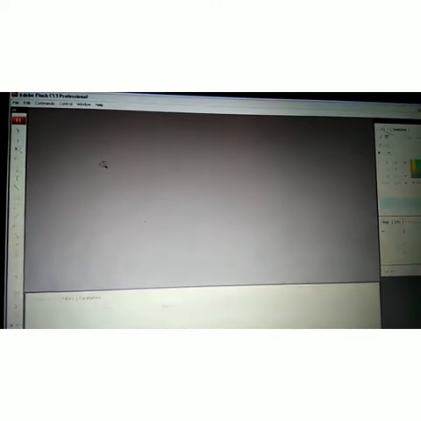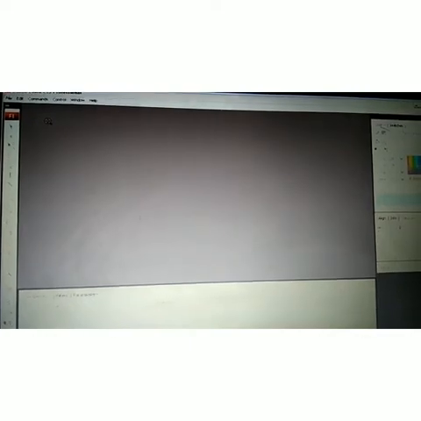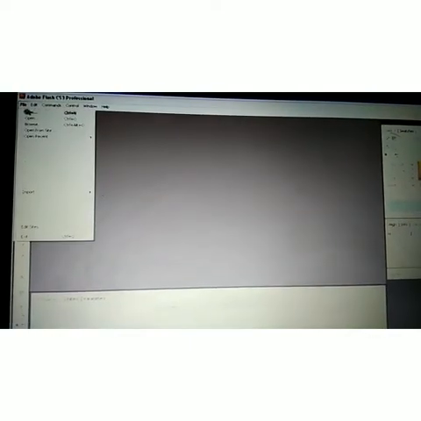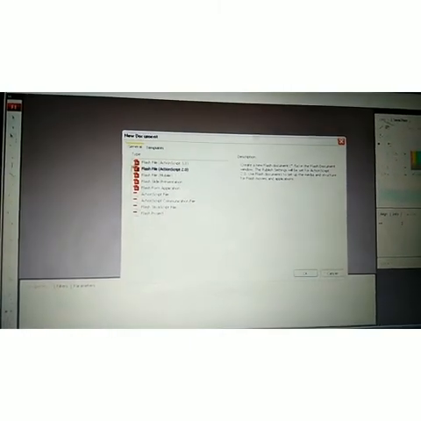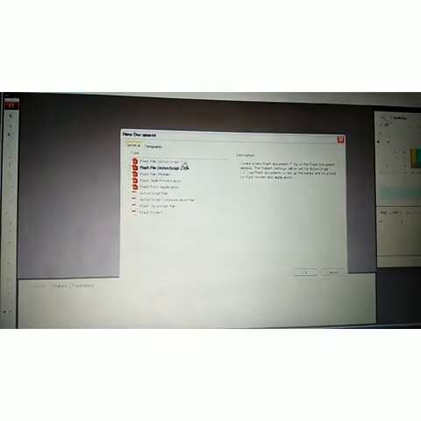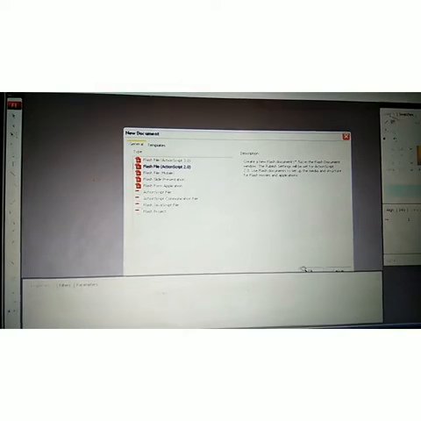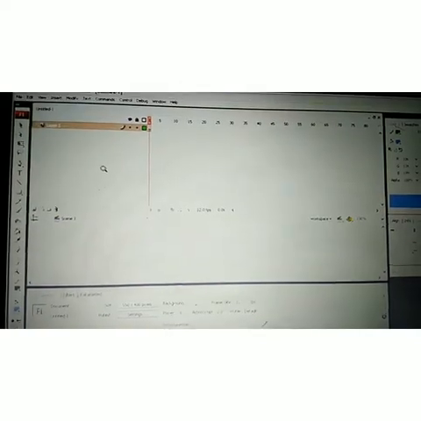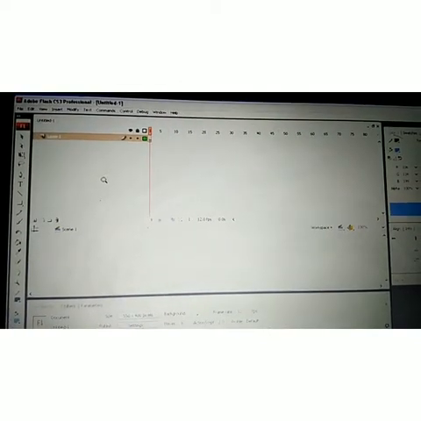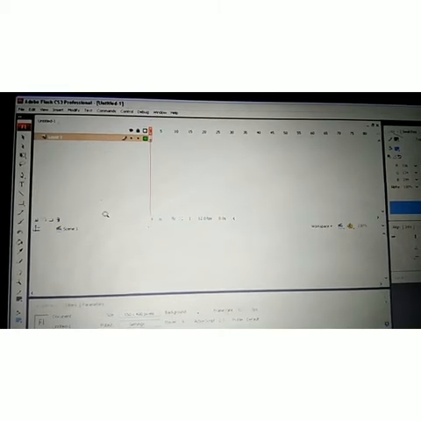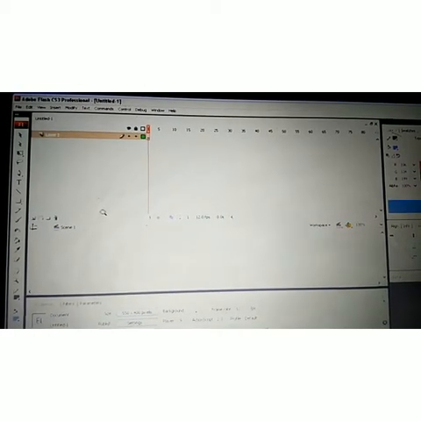Class 7th, this is your Adobe Flash CS3 Professional. Okay students, starting here: File, Edit, Commands, Control, Window, Help, all are buttons here. Firstly, you can see New Document, Flash File, you can choose any and then OK. Then you can see this is the layer first.